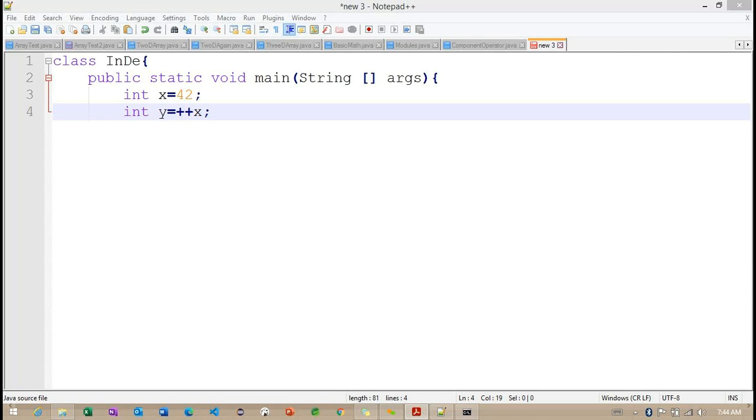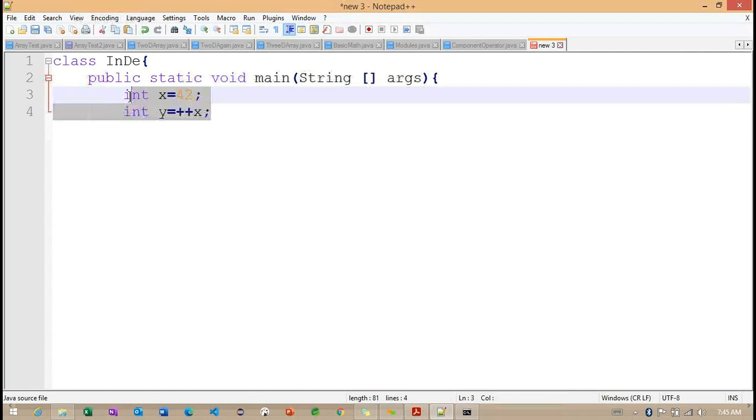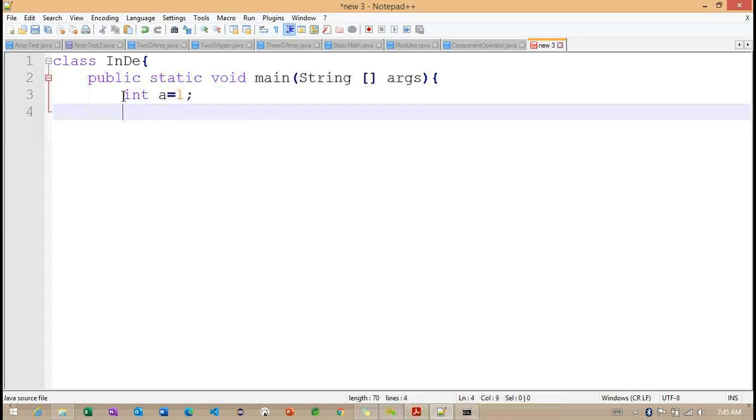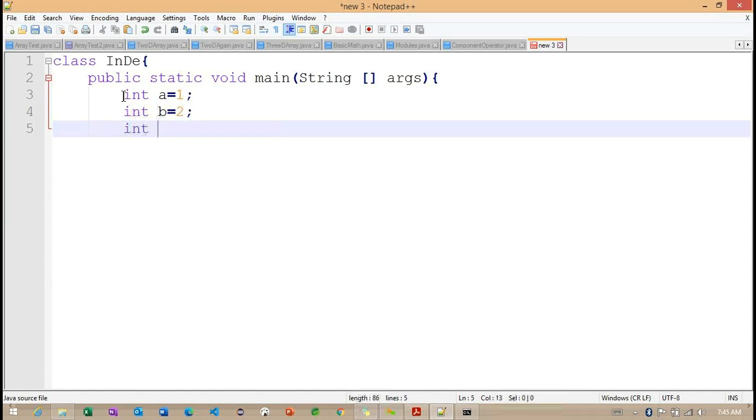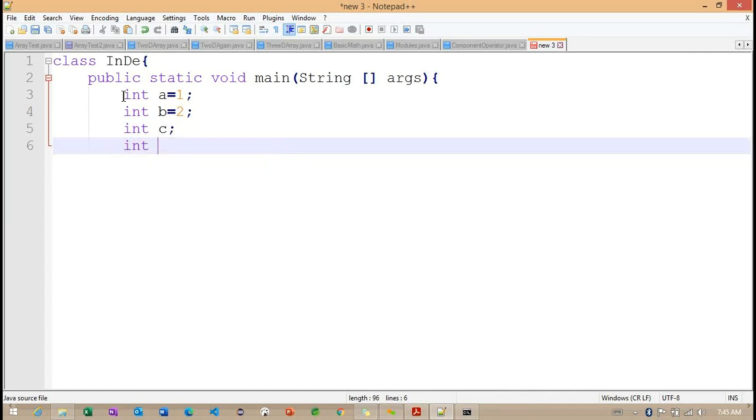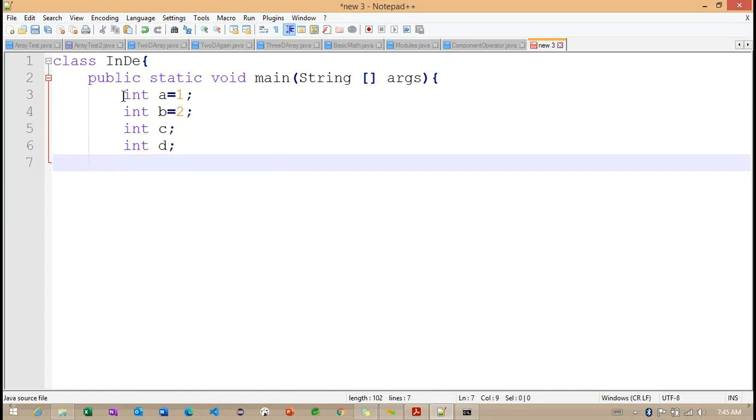So how exactly are these values going to work here? So observe here. In these two, we have int a is equals to 1 and int b is equals to 2. int c I'm not going to define here, and int d also I'm not going to define.